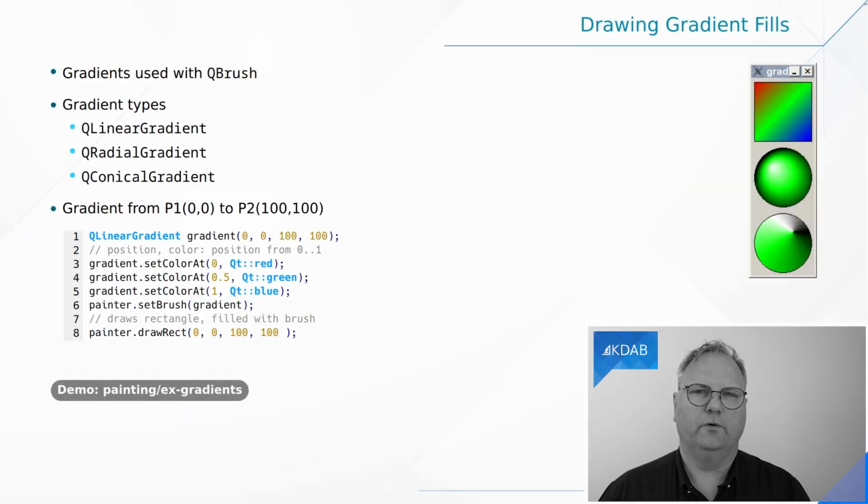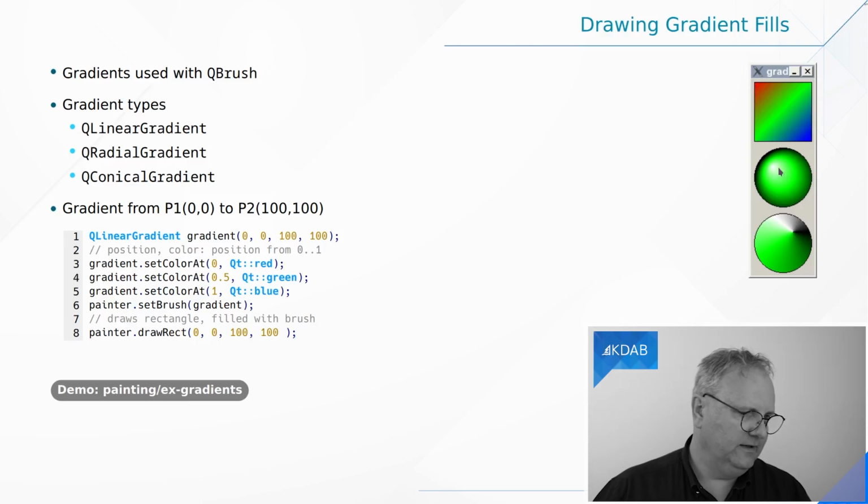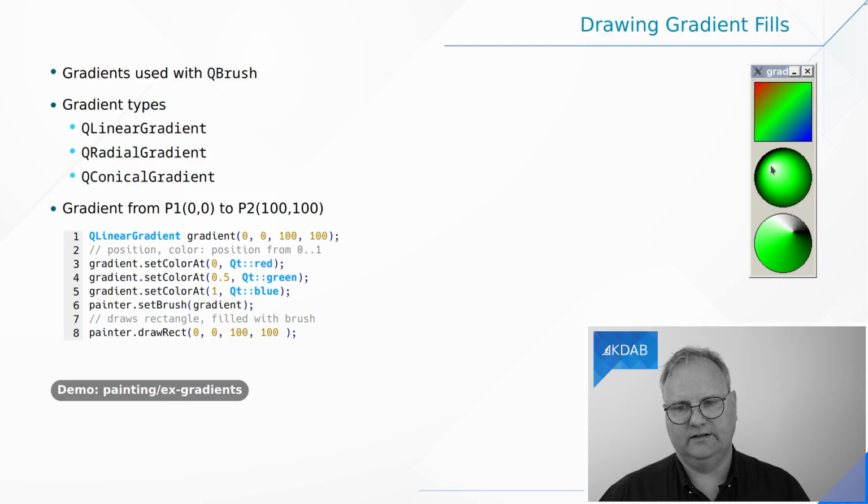So Qt supports 3 different kinds of gradients. It supports the linear gradients where you go from one color to another color and possibly to even more colors. As you can see here, I go from this position to that position with a gradient. It also has the radial gradient, where the white dot is at the center here, and then there's the conical gradient, which is a gradient that goes around, which gives you the impression that you have a cone facing out of the picture there.